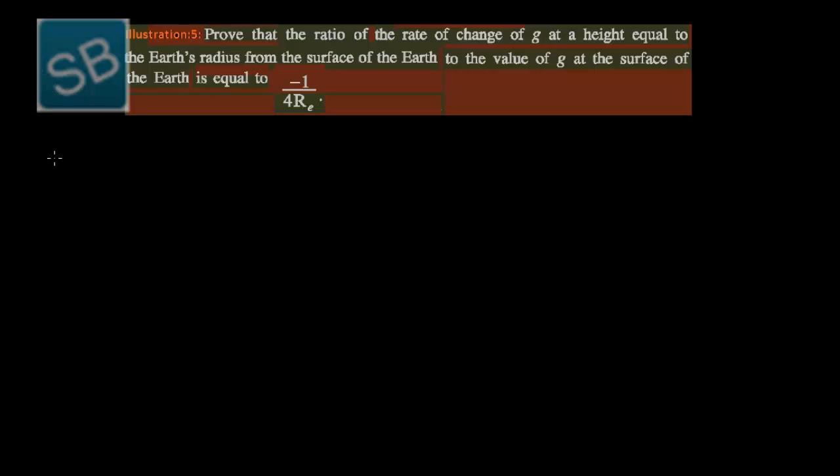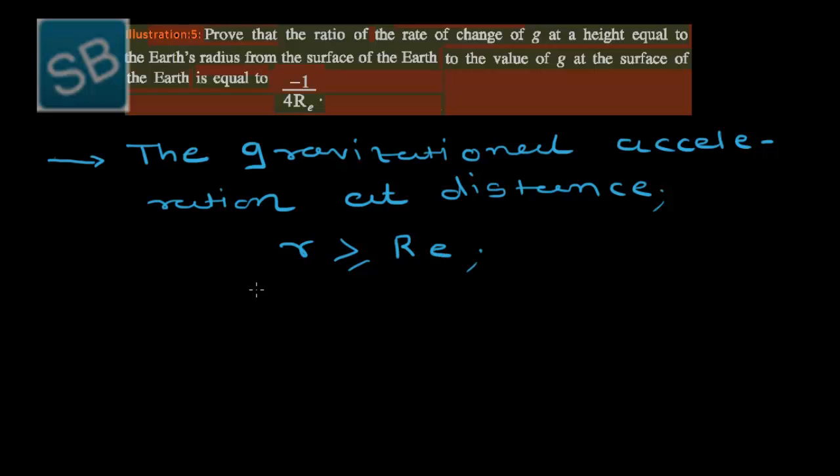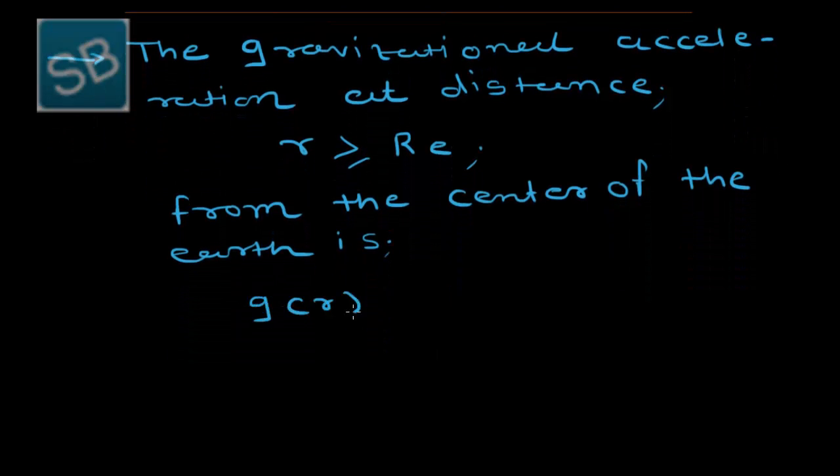So, the gravitational acceleration at distance r greater than or equal to RE from the center of the Earth is